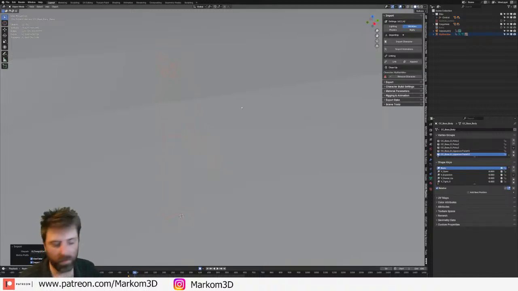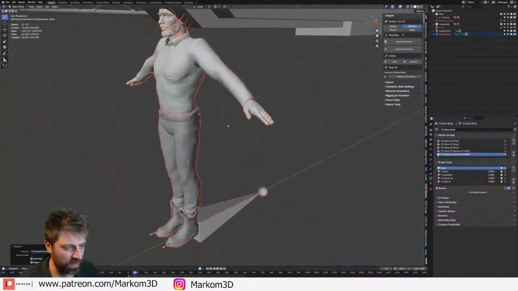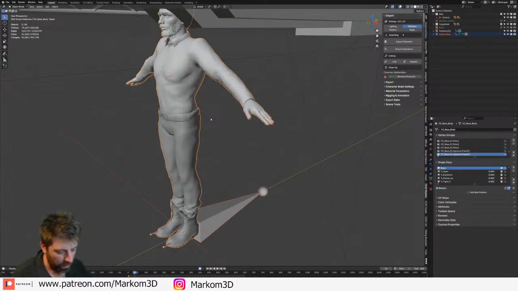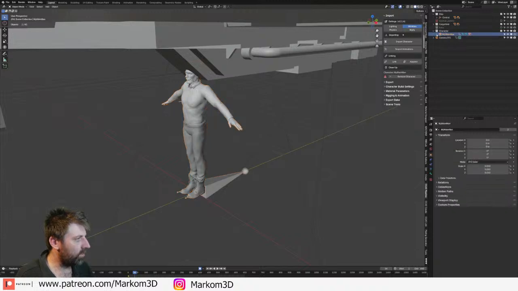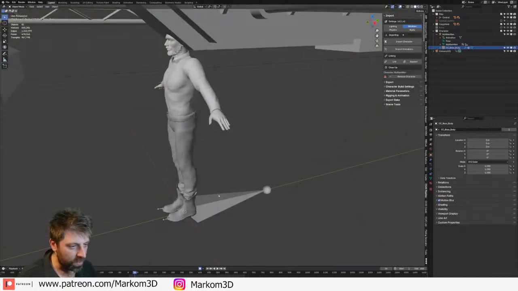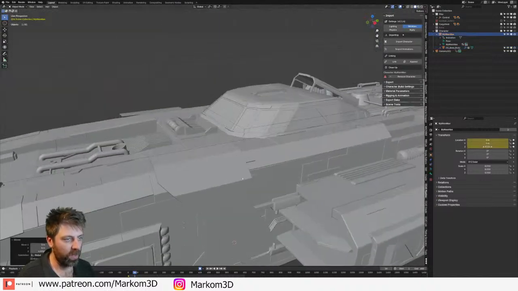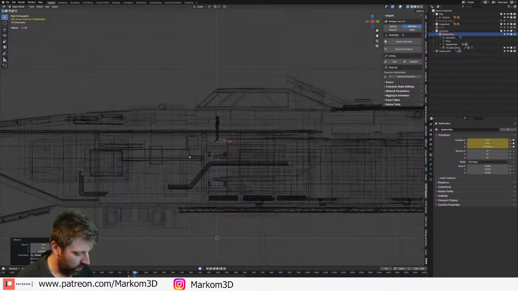Okay. What else? All right, there's our guy. So we'll do a Control J to join so it's all one mesh. And then with both things selected, I'm going to move him into character, create. And I don't want to render him. Oh, actually, we do. Do that. There we go. So now let's bring this chap up into the scene.